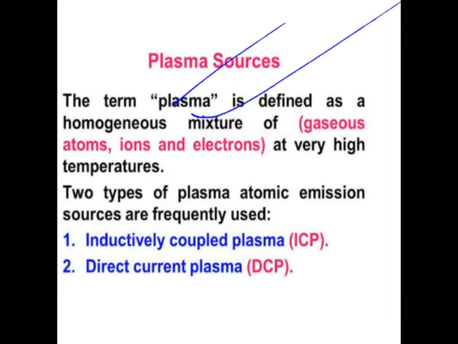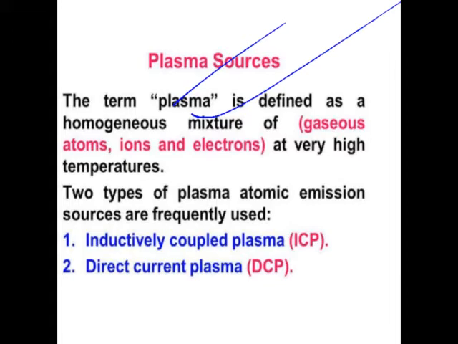Generally, how is this plasma generated? Plasma is generated by heating a matter to a high temperature, which consists of ions, atoms and charged particles. Okay, so any matter, if we heat it to a high temperature, at that time the plasma is generated. So plasma is generated by the mixture of different species such as ions, atoms, charged particles, electrons. The high temperature generated at the beginning of the plasma process gives a continuous emission that marks the sharp lines from individual atom species.